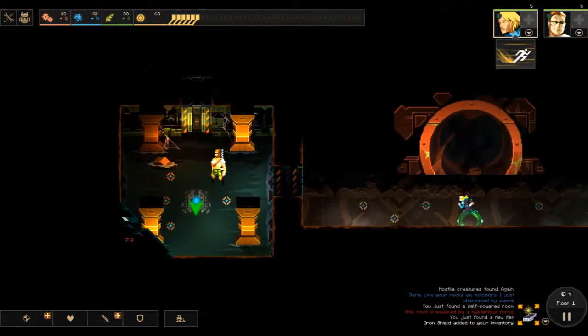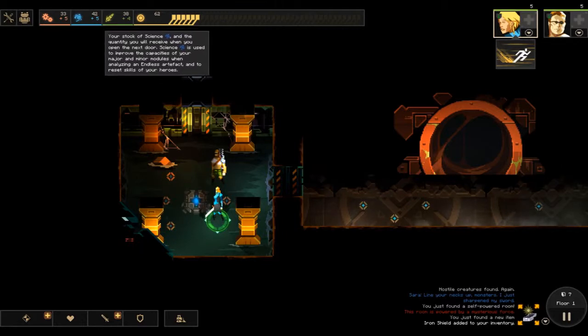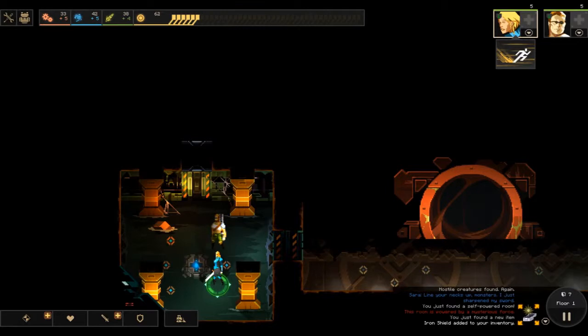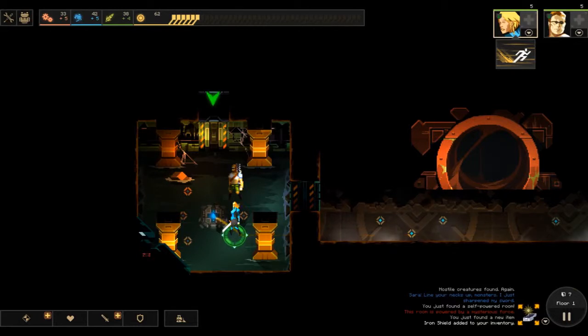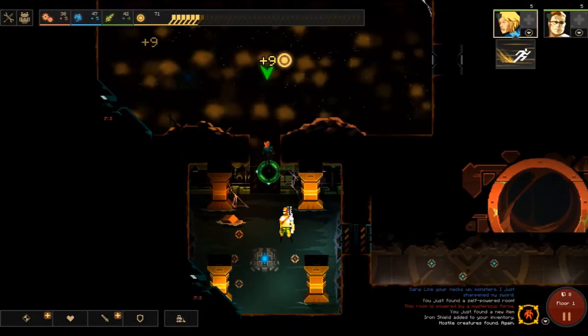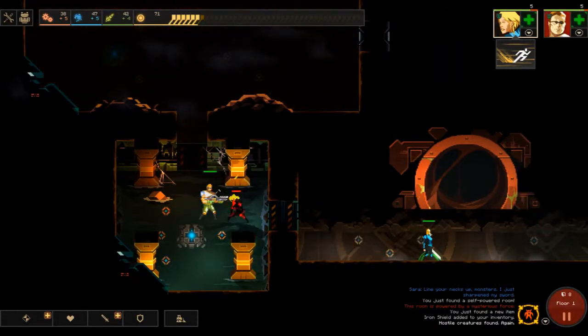and as you can see, here I have 32 research points, and this +5 means that next turn, so next opening of the door, I will get +5 more, which will be enough to buy the upgrade for 46 research points. So the way I play Sara is